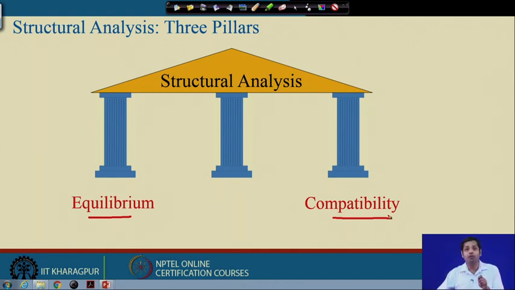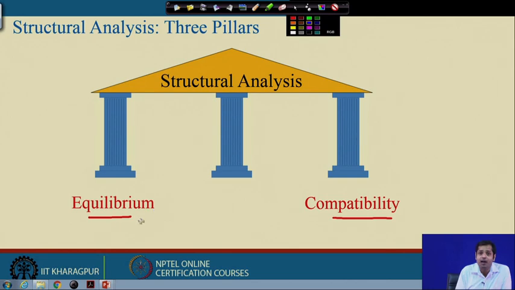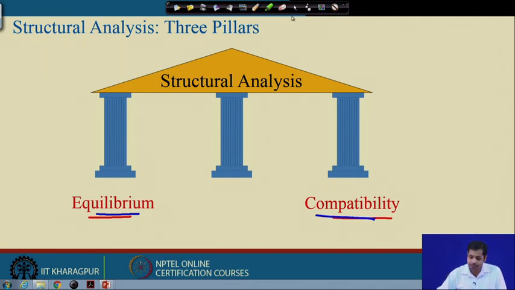Now, we have one more important pillar which connects these two requirements. The equilibrium is how the forces are in the system, and compatibility is how the displacements are in the system. And now, the middle pillar, which combines equilibrium and compatibility, the third pillar, is called